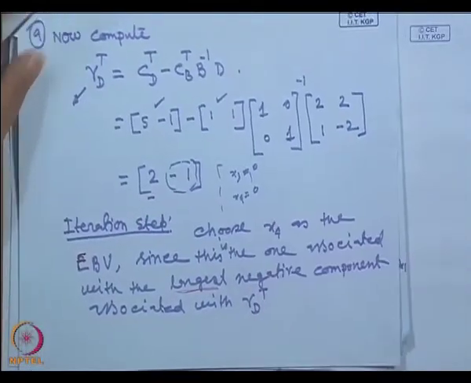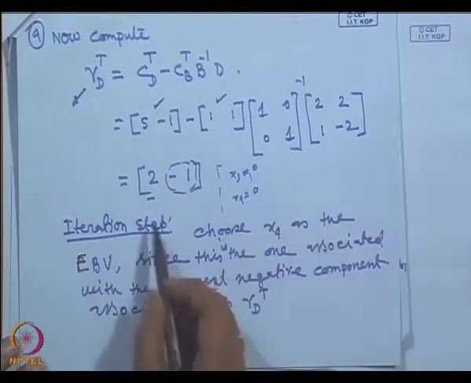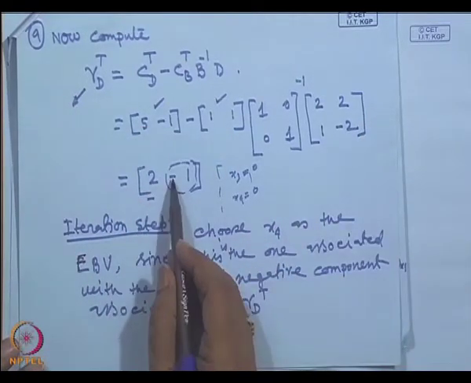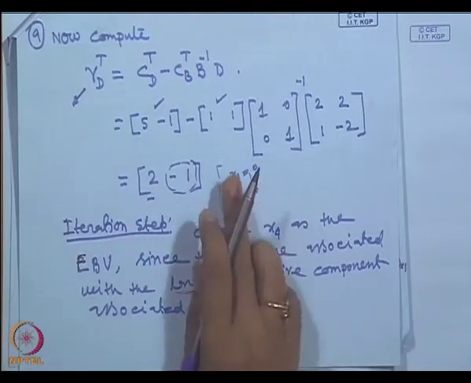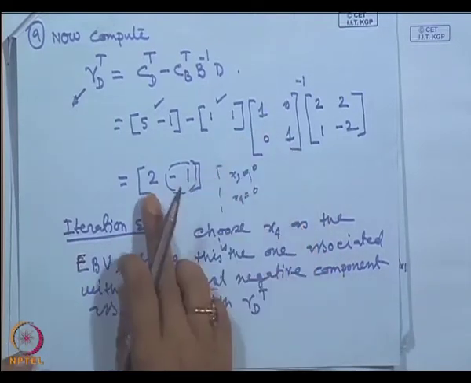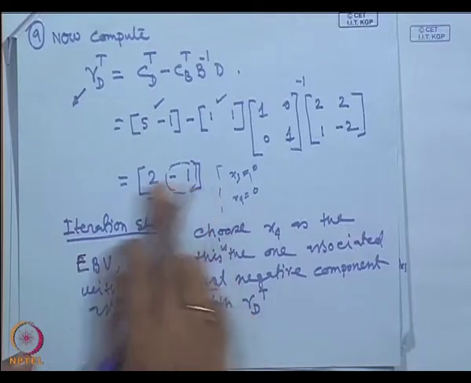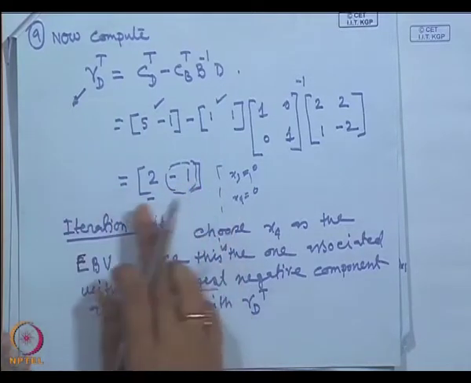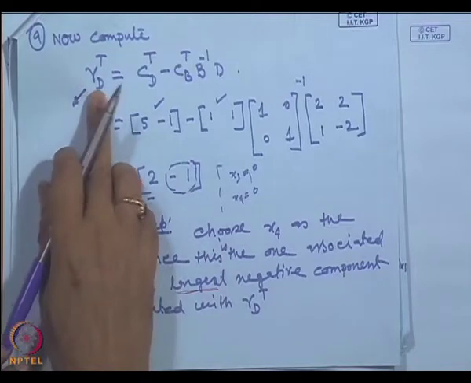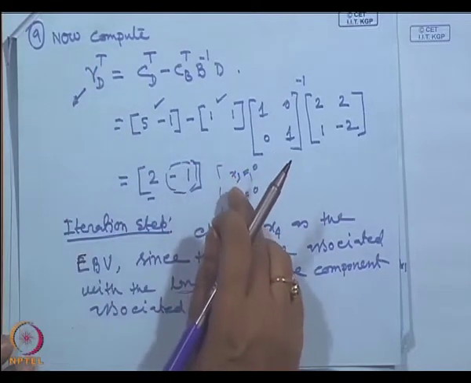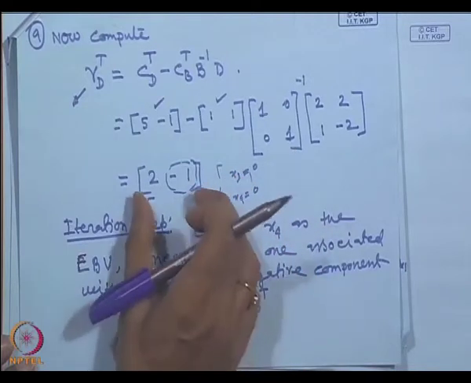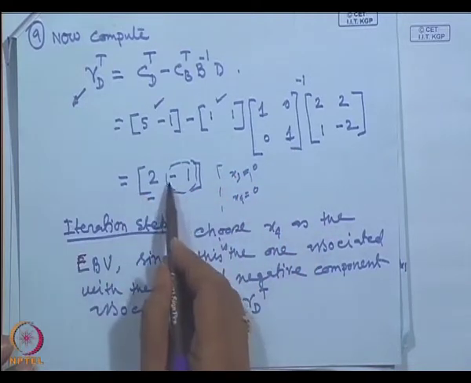So, then D is that one. If you simplify this one, we get 2 minus 1, and that is associated with the non-basic variables x 3 and x 4. Now, it is clear that the objective function can be expressed in two parts, one of which is R D transpose times x 3 x 4. You see from this expression, the negative terms,